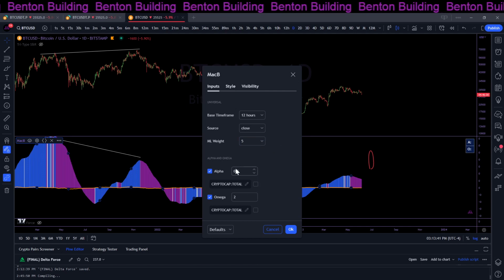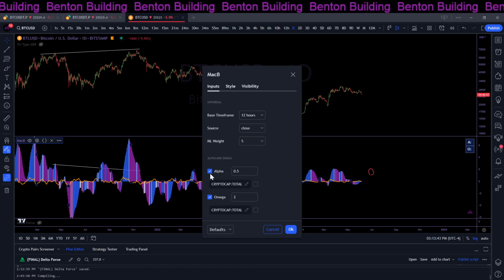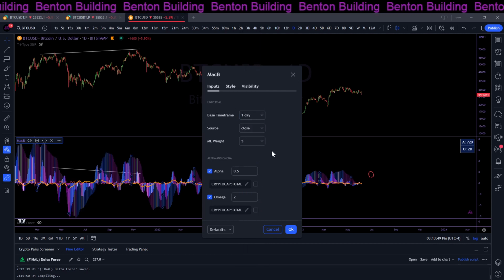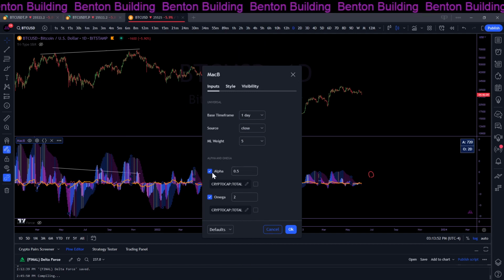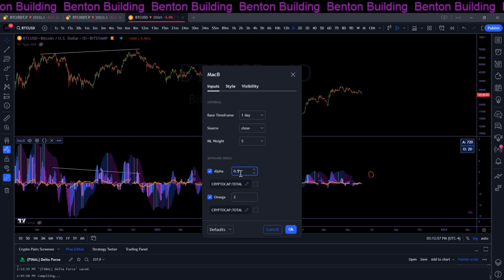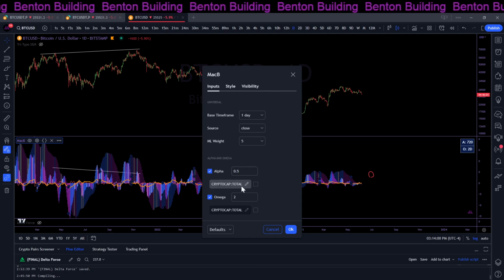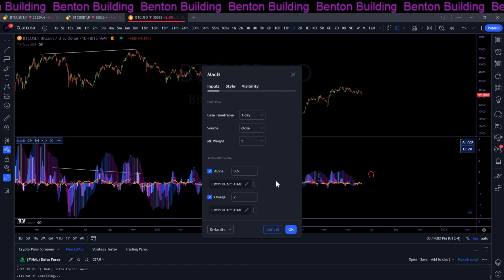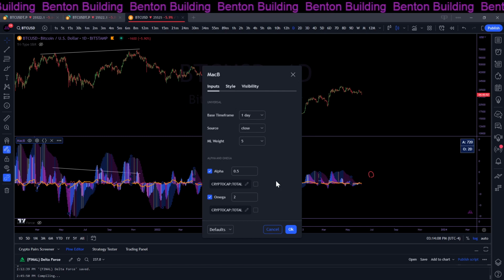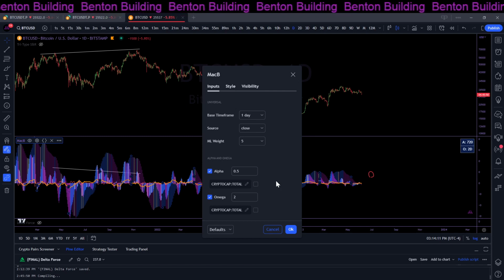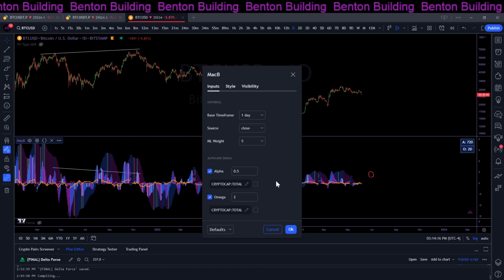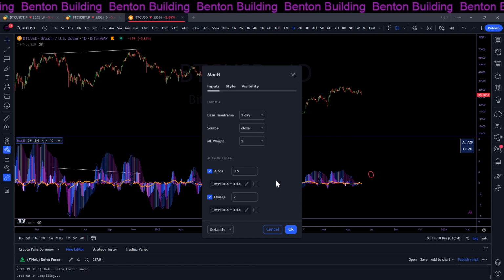So of course, again, this is 2 oscillations, alpha and omega. Let me put this back on a daily. Boom. So you have the on and off, say I just want to look at the omega or vice versa. Then you have the multiple, already explained that. And then the symbol. So the reason I have a symbol here, and I wouldn't normally add this to an indicator, is that the indicator requires so many bars, because it runs machine learning on this, to accurately get a useful reading,